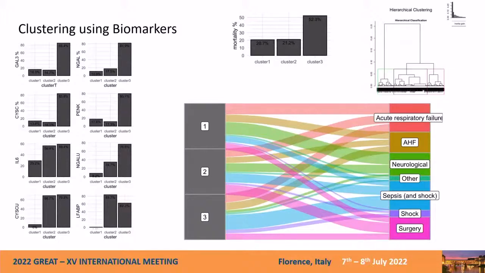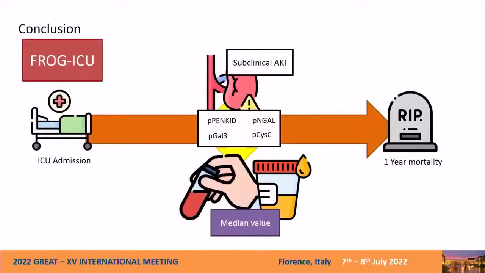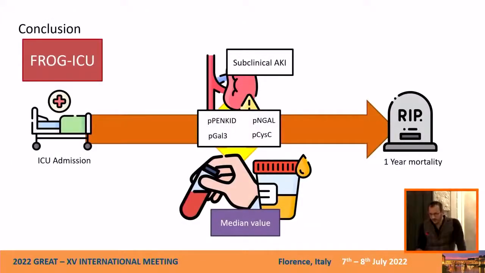At the admission, they were more associated with post-surgical complication, neurological complication, and acute respiratory failure. On the other hand, the last cluster, which has plasmatic biomarker positive and urinary biomarker positive, were associated with mortality and sepsis and shock. This is only the beginning, and I conclude this introduction of this project that probably plasma biomarkers